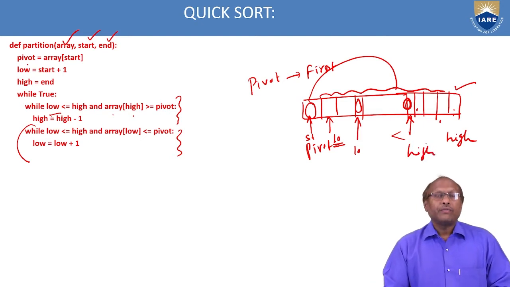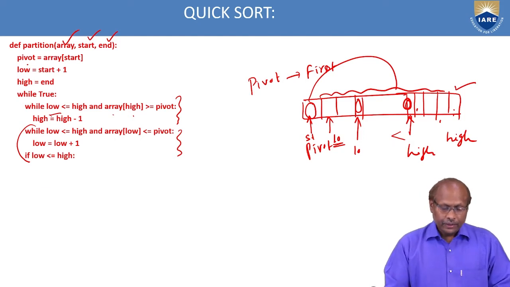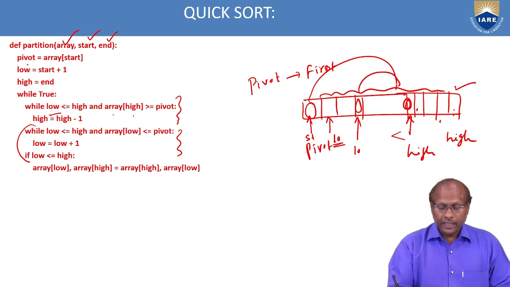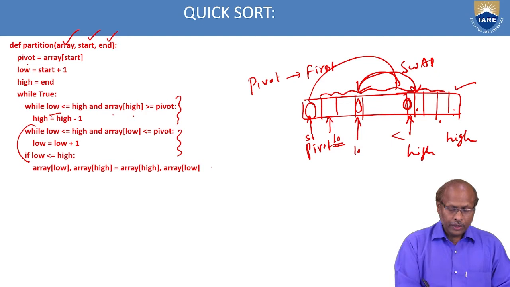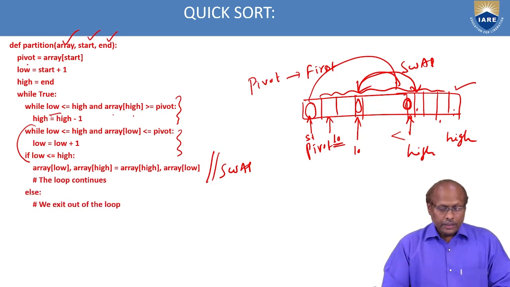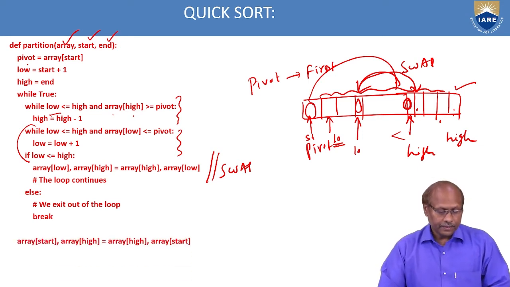Then here it will check whether low is less than high, because already these are less. So if low is less than high, then these two have to be interchanged, swapped. You have to swap this data. Swapping takes place here. Now this is your swapping logic. Swap it. After swapping, this data comes. So now this process will continue. If low is not less than high, then it breaks.